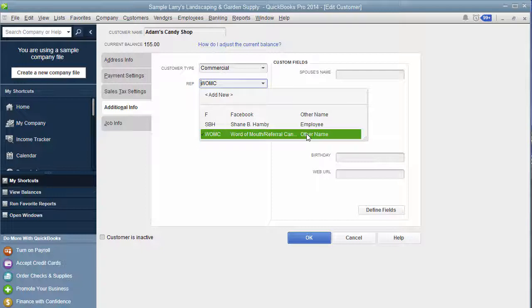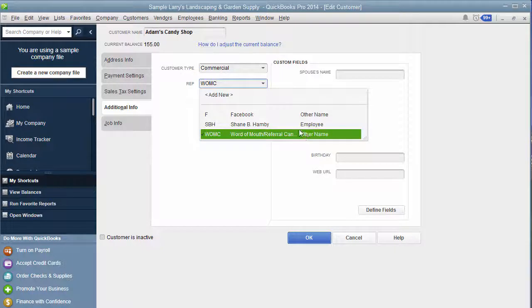Then when we go in to put them into QuickBooks, I input how they heard about us here or on the invoice. That allows me to track our income by the different ways that we are advertising, to see which types of advertising are the most beneficial to our business. So that's how you do it in here.